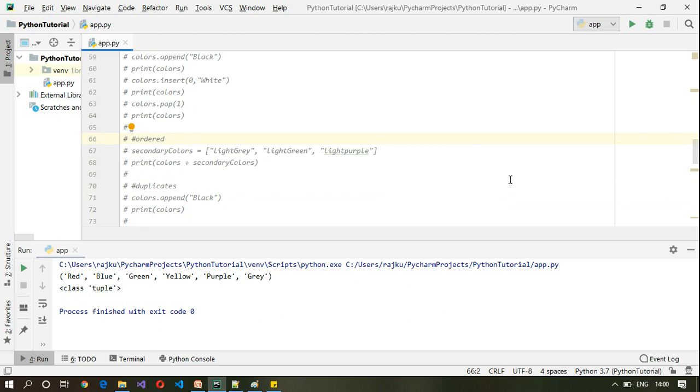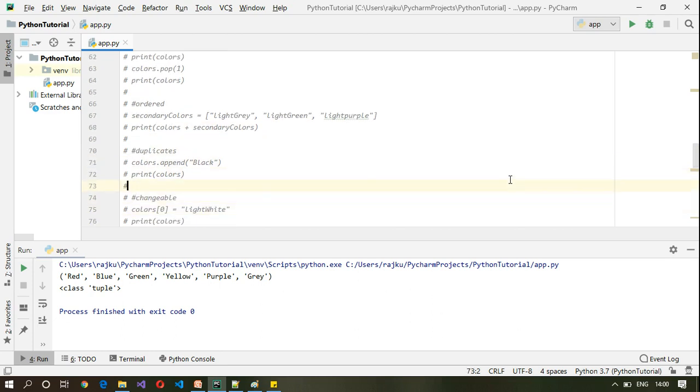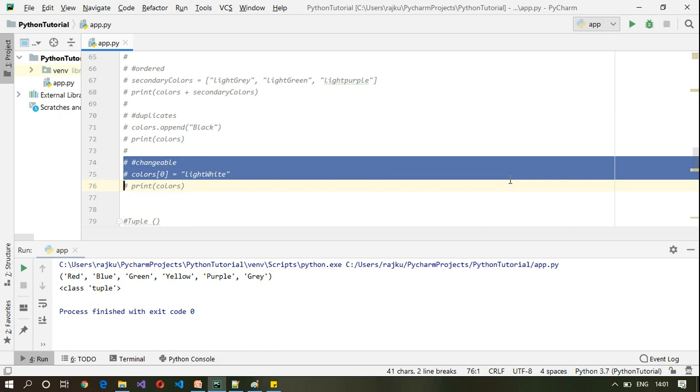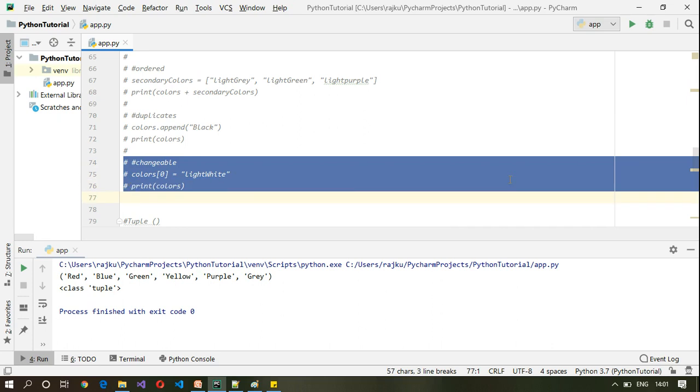A tuple is also an ordered collection. It also allows duplicates. The only change is that in case of list it is changeable. However, in case of tuple it is not changeable.